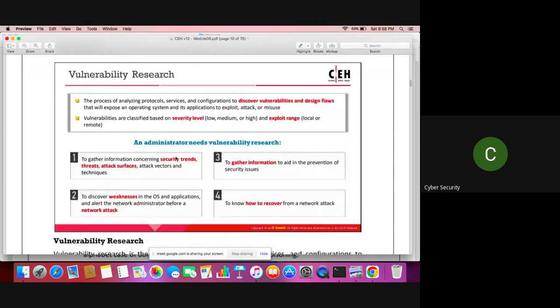So we are talking about vulnerability assessment, but under that, we'll be discussing vulnerability research. It is the process of analyzing protocols, services, and configurations to discover vulnerabilities and design flaws that will expose an operating system and its applications to exploit, attack, or misuse. That's vulnerability research. The process of analyzing protocols like HTTP, FTP, and others, then services that are running like remote procedure call